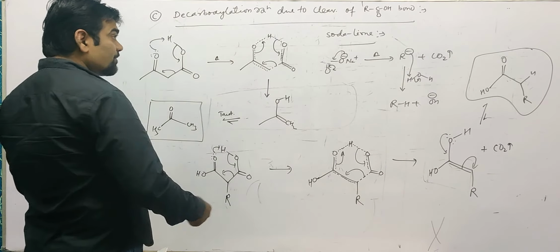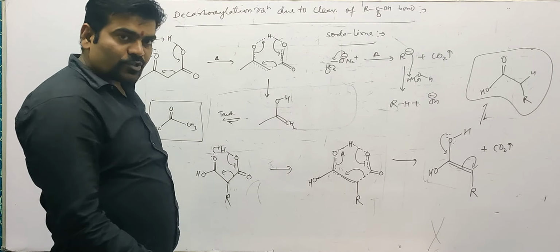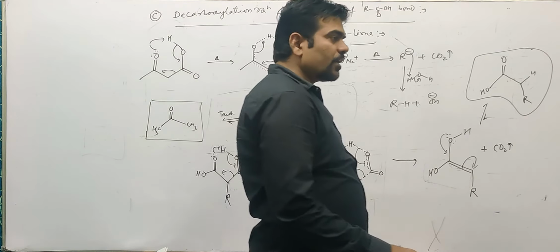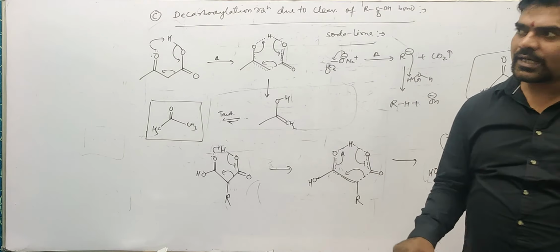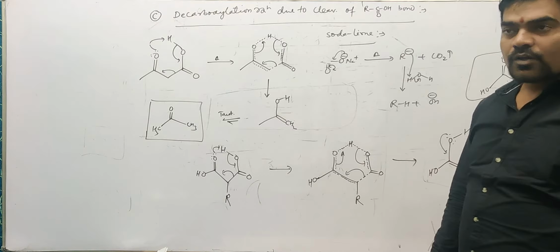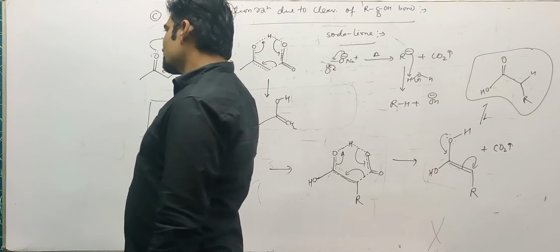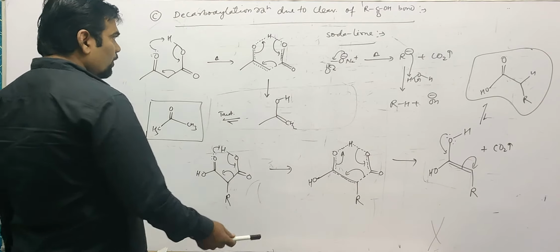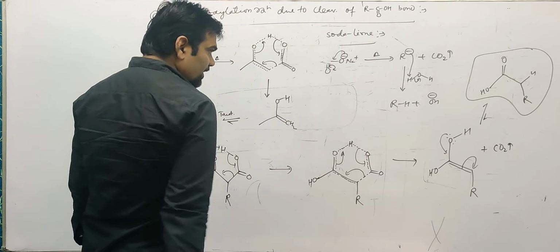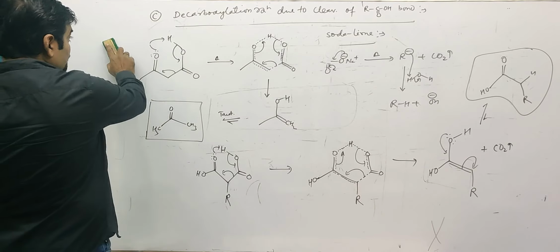Okay. So sometimes they ask questions like which of the following will undergo decarboxylation easily. What we need to see is where the negative charge, which is formed in the carbanion due to decarboxylation, is getting stabilized. So wherever the negative charge is getting stabilized, or wherever they can form the cyclic transition state, they undergo decarboxylation easily.